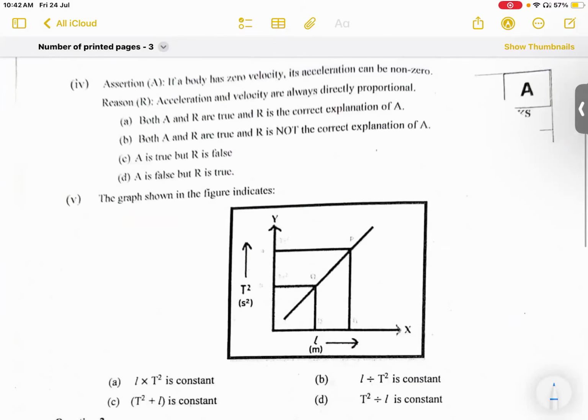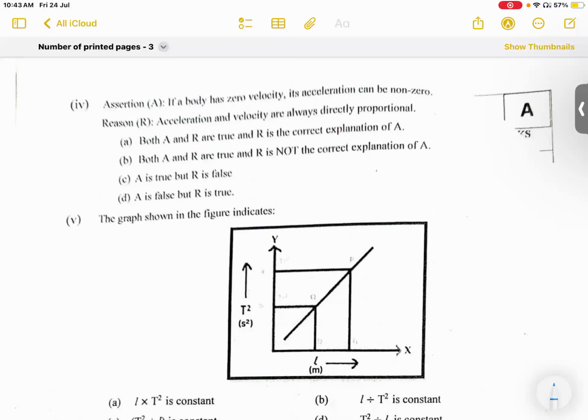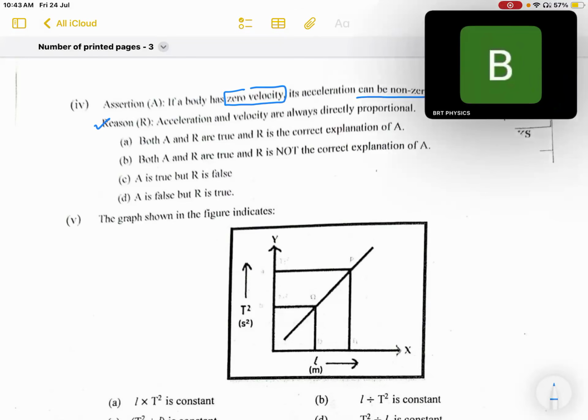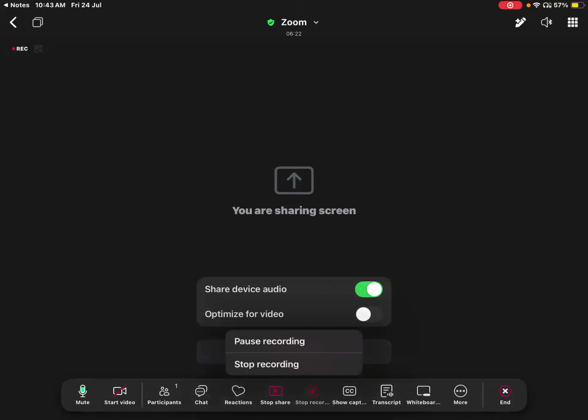Next question, guys. If a body has zero velocity, its acceleration can be non-zero. So if a body has zero velocity, its acceleration can be non-zero. Then they have instructed: velocity and acceleration are always directly proportional to each other. So the reason is wrong. Velocity and acceleration are not directly proportional to each other. And at the same time, guys, if I do talk about,